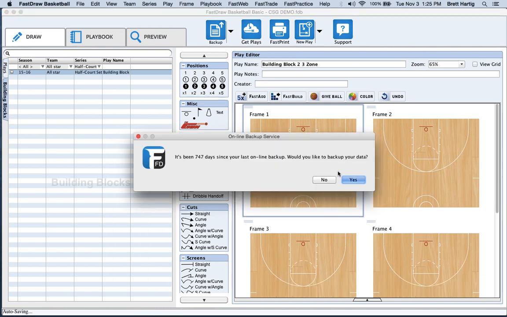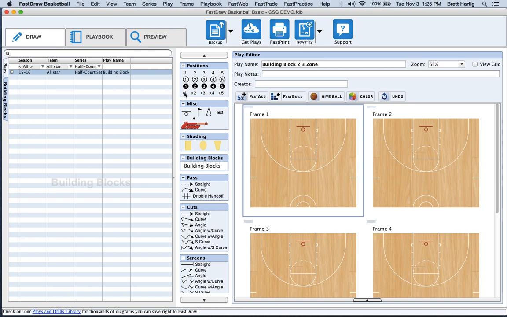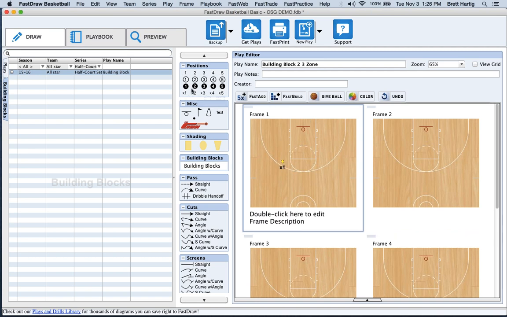Now you'll see that I have my blank screen. What I'm going to do is I'm going to put 5 players on the court, and I'm going to make them kind of a defensive zone setup. So 1, 2, maybe 3 here, 4 here, and 5 here. And what I'm going to do now is I'm going to make actually all 5 of these